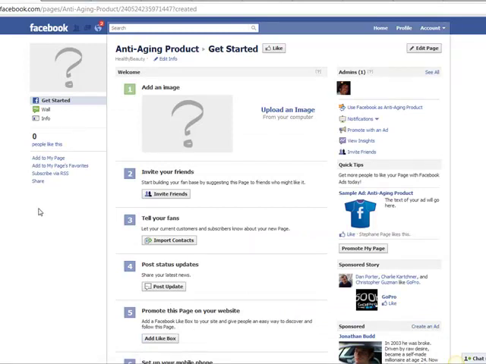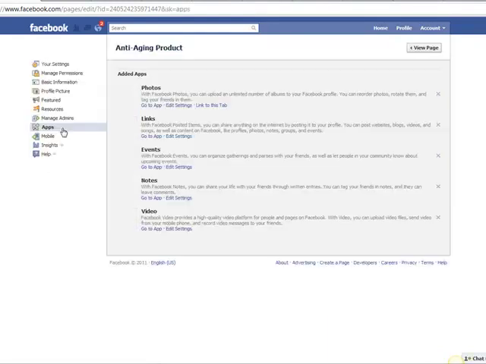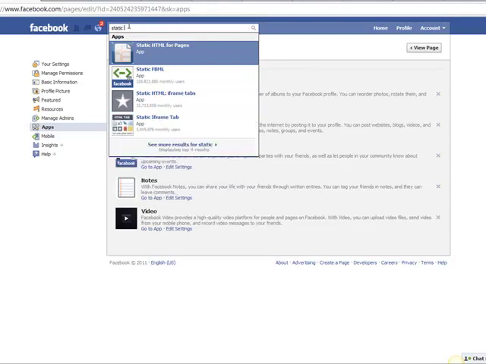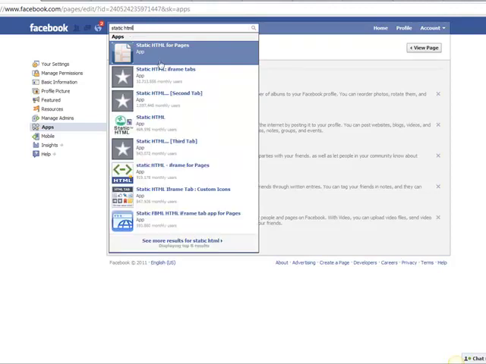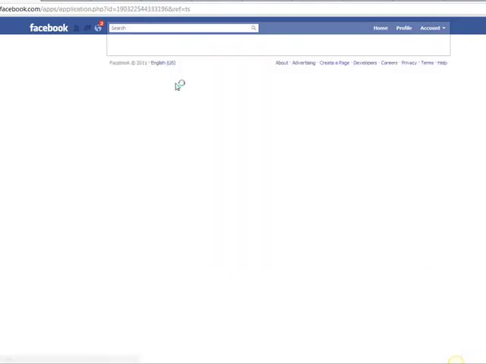Alright, so the next thing I need to do now is I need to actually, I think it's edits. I'm just going to walk you through the steps here. And apps. Okay, so I need to add an app to this page here. Okay, so the first thing I do is I'm going to type in static HTML, and the first one here with 32 million, this is going to be the one, so I'm going to click on it,